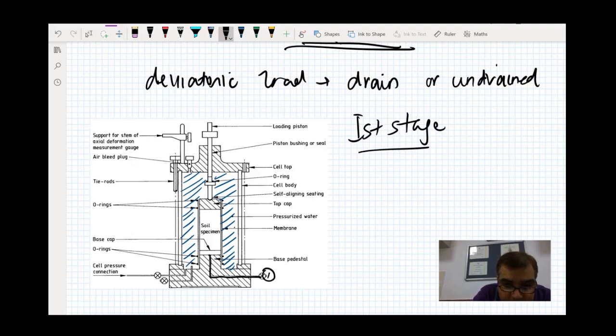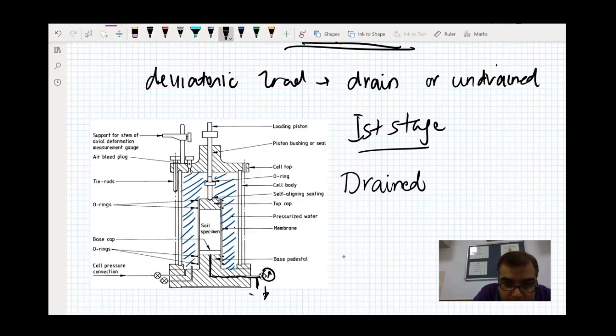I have this gauge over here, but this time I'm using a bypass. Instead of this, if I had another tube, another outlet right under the sample, I could have easily taken it out from here. But right now, I'm just using a bypass from the single opening. So let me just remove this second opening. That's my first opening. So from this bypass, I can either allow the water to escape, so I have a drained condition,